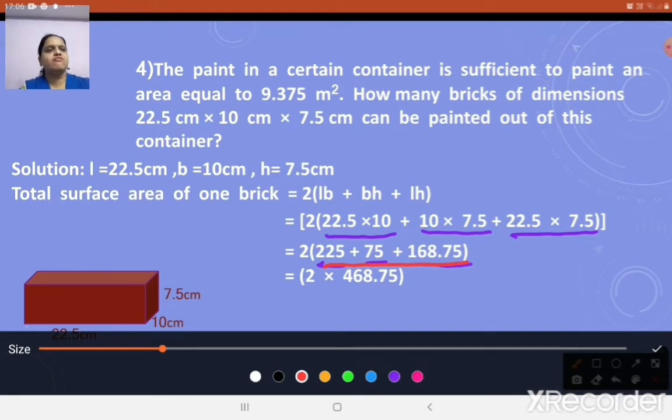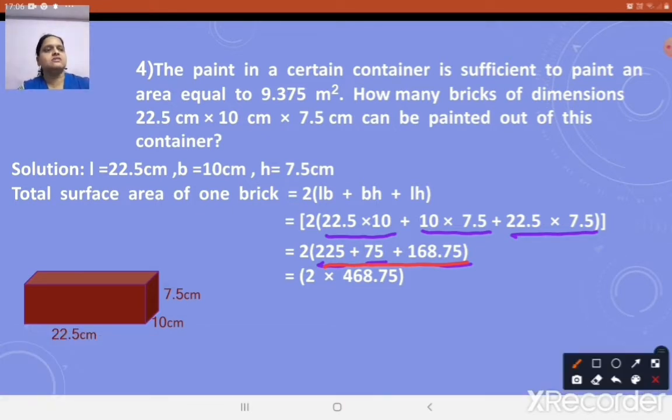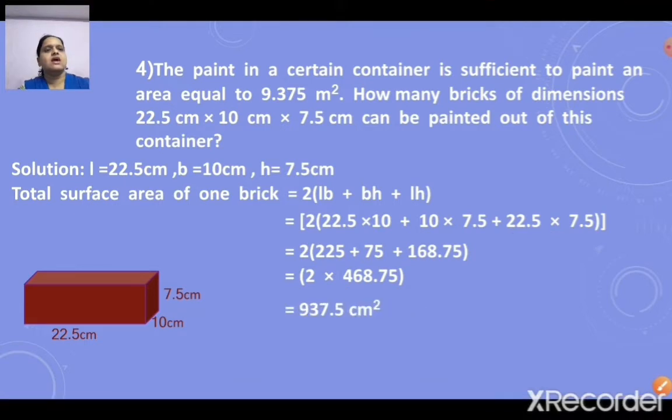Now what we will do, just add all three values. 225 plus 75 plus 168.75. If you add all these three values, you will get the answer here as 468.75. Now multiply by 2. So 468.75 multiplied by 2, what do you get as the answer? The answer is 937.5. But the value is in centimeter square. So what is the meaning of this? For one brick, how much paint is required? That is